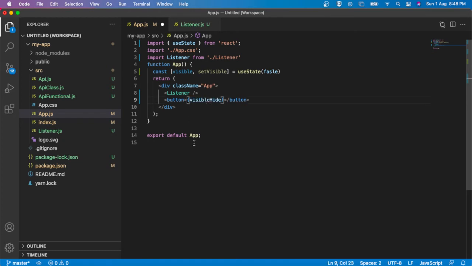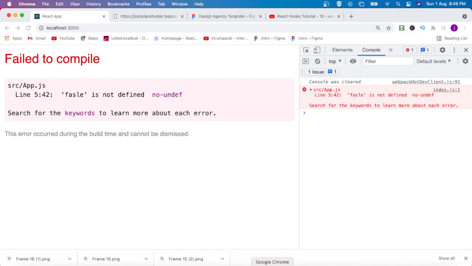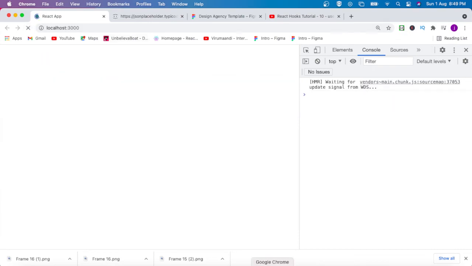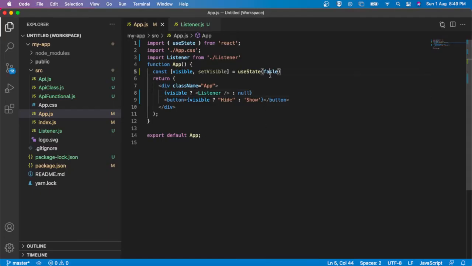If the visible value is true, we have to show hide. And if the visible value is false, we have to show show. I also have to add a condition: if visible is true, then Listener should display, otherwise I have to unmount that component using null. Now if I try to refresh, let's see what's happening. Yes, the false value is missing, it's a spelling mistake, sorry.